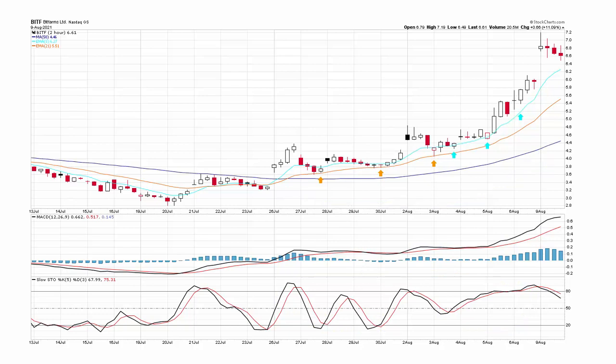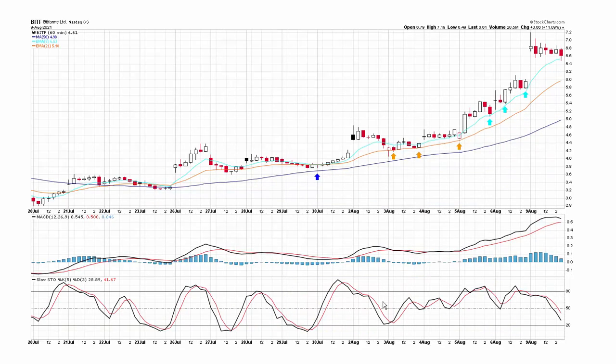Next chart will be the 1 hour chart. I just want to highlight the moving average handoff that I've talked about briefly. Here's support from the 50. Then as the stock accelerates a little bit to the upside, we get support from the 21, and as it accelerates even more, you get support from the 8, and it's trying to get support from the 8 here as of the time that I took this chart. While in a trend, as it accelerates, shorter and shorter term moving averages will support the stock.